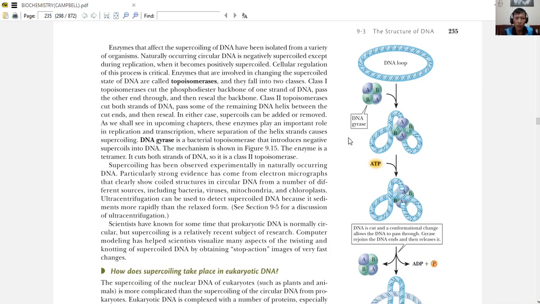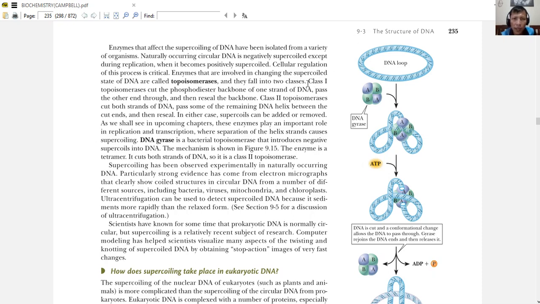So in continuation, next are these terms, topoisomerases. They are enzymes. So what are enzymes? They are proteinous materials, with a protein structure, that is involved in supercoiling, whether it's a positive or a negative supercoil of your DNA. So there are two classes.